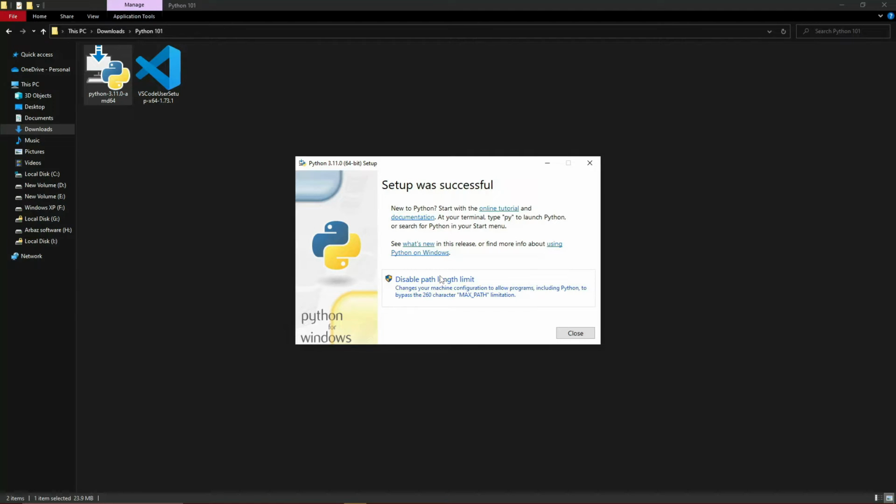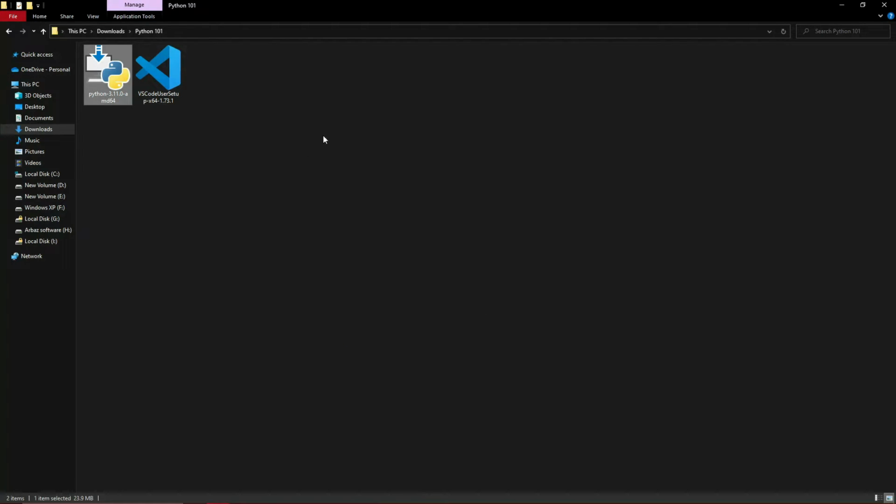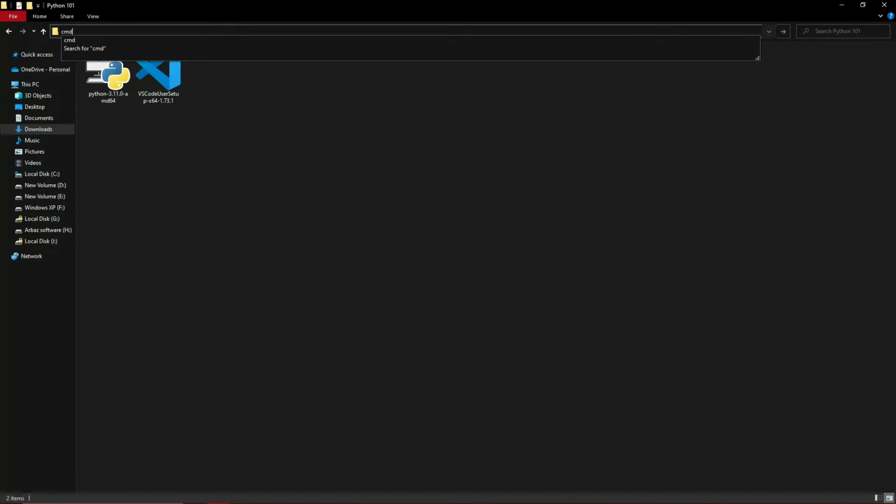So in the meantime, you can use the older version of Python to get your work done. So now you can see that the setup was successfully installed and Python is now installed on our system. We will just click on this close button, and in here we are going to be opening a command prompt. So for that, we will type here cmd,